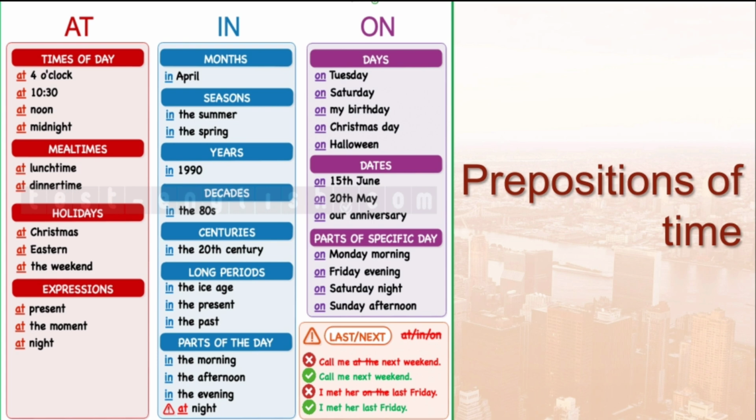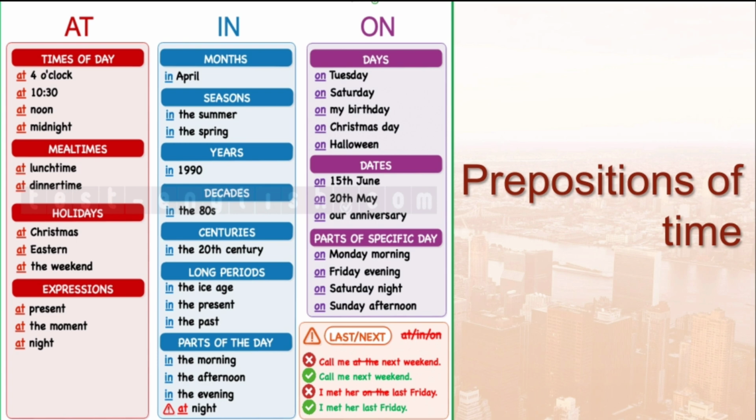In is also used for longer periods of time like in the ice age, in the present, in the past, or parts of the day like in the morning, in the afternoon, in the evening, but the exception is we don't say in the night but at night. Children,